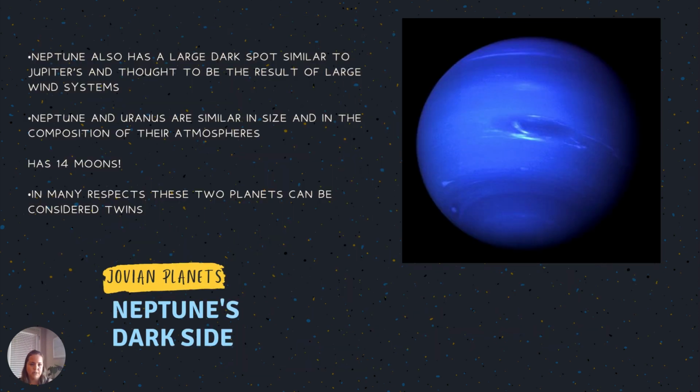They started to do more investigations on Neptune and found that it was its own planet. And not only was it its own planet, it also had a spot similar to Jupiter's, but it's blue. So instead of a big red spot, a red hurricane, it looks like a blue hurricane. But it's much smaller in size, and it's very similar to Uranus, so a lot of times they're considered twins. Neptune has 14 moons, and it doesn't have a lot of studies because it's pretty far out there. I think they got some images when they sent that satellite to Pluto. But it's really hard to get to because it's so far out in our solar system.